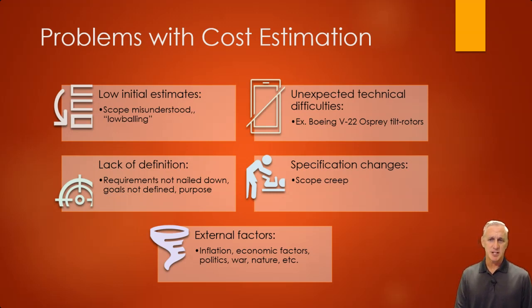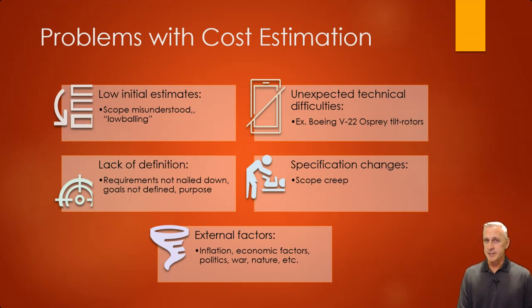Then there's specification changes. I like to show a changing table with a baby because it just reminds me of changes when I had to change my kids. Pretty funny. But you get scope creep. Things change, and now all of a sudden your client wants different things, or they want new features. They want these other things they didn't think of before. So the problem with that is if you have a fixed quote, now it's on you. However, if you have a time and materials quotation, say, well, look, that's great. We can change those things. This is how much more time it's going to be, and this is how much more cost it's going to be to add those things. So that's really what you want to do when you're dealing with those kind of situations.